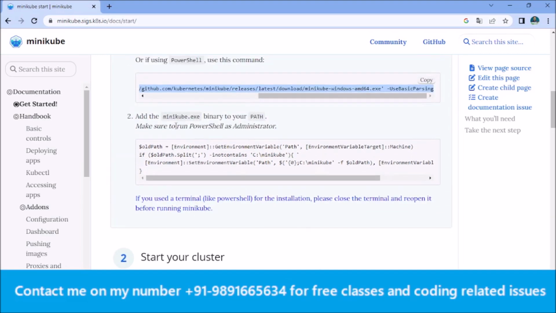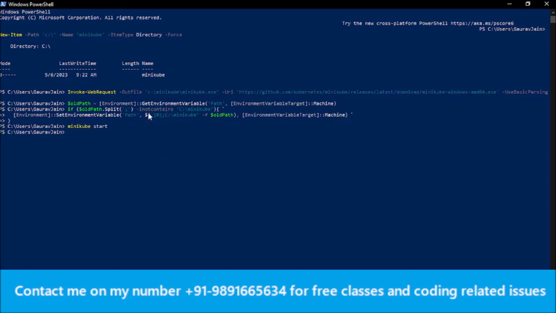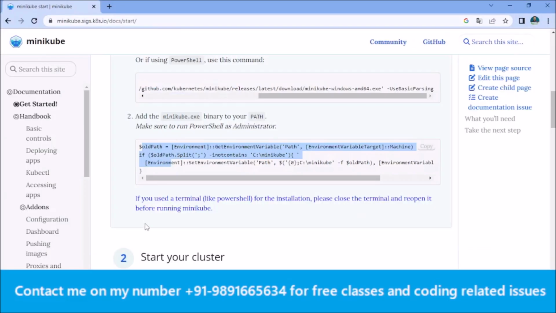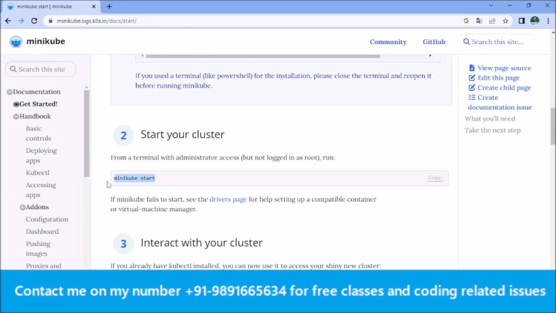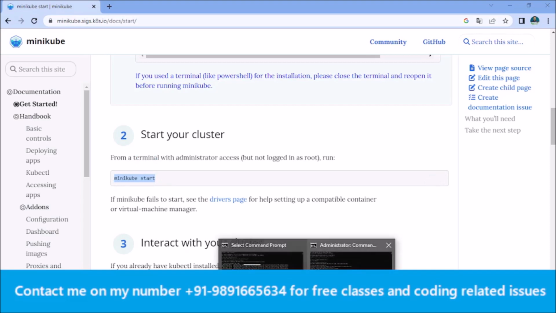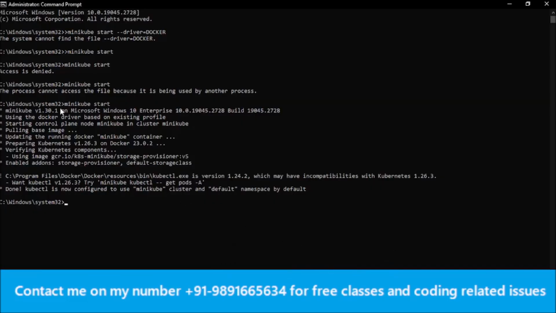Now, once you are done with these two things, as I've done over here, you need to start Minikube as a facility. For that, you can open the terminal of your device with administrator access and simply type minikube start. When you type minikube start, because it's going to start for the first time on your system,